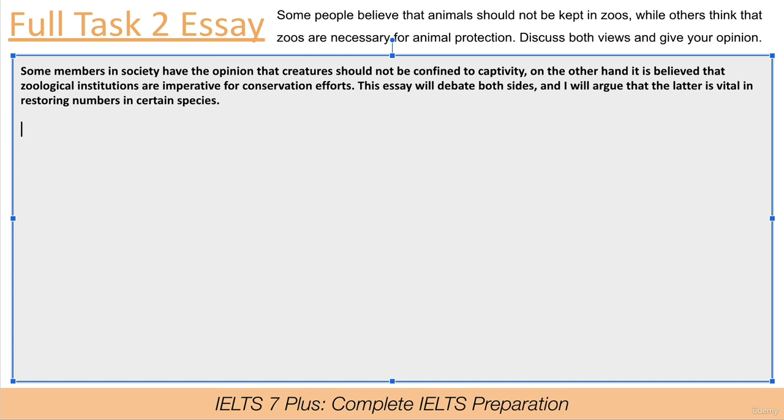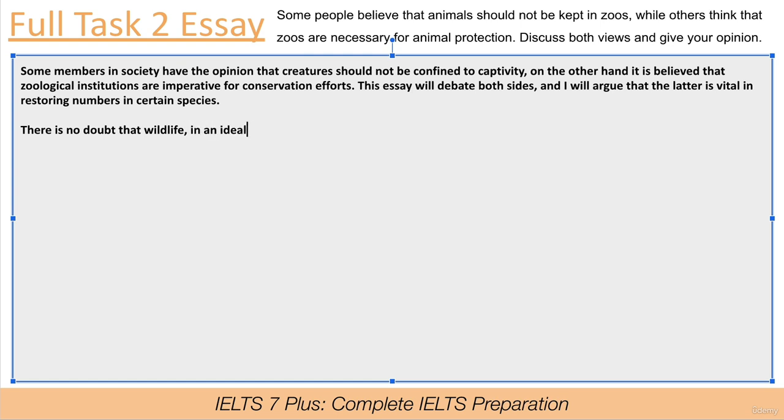Okay, brilliant. So we've addressed both. Now let's start with the side that we're not having our opinion with, which is that animals should not be kept in zoos. Okay, so there is no doubt, nice topic sentence, that wildlife